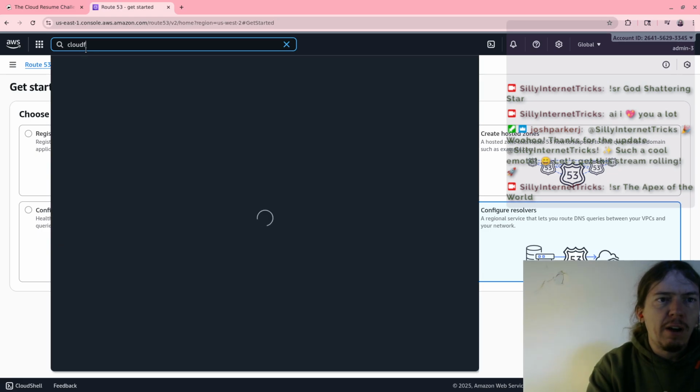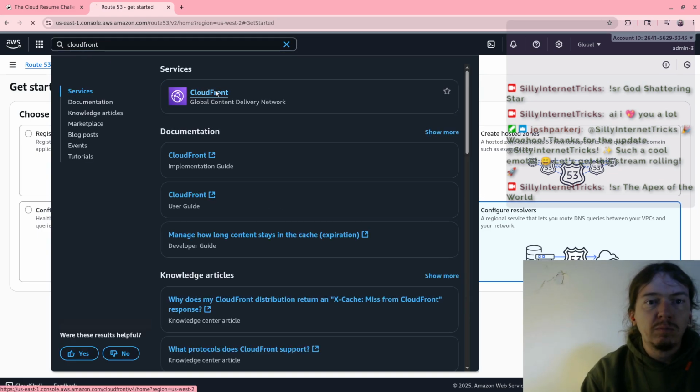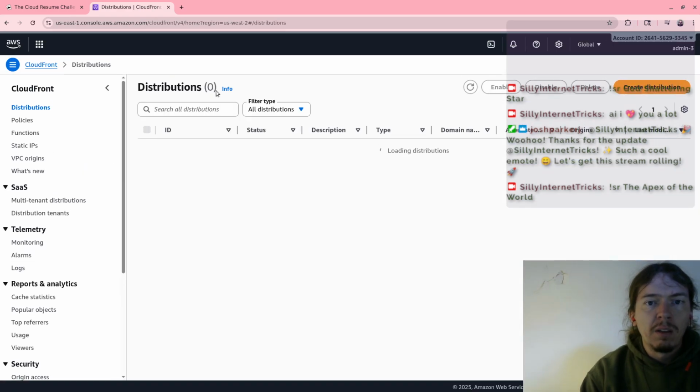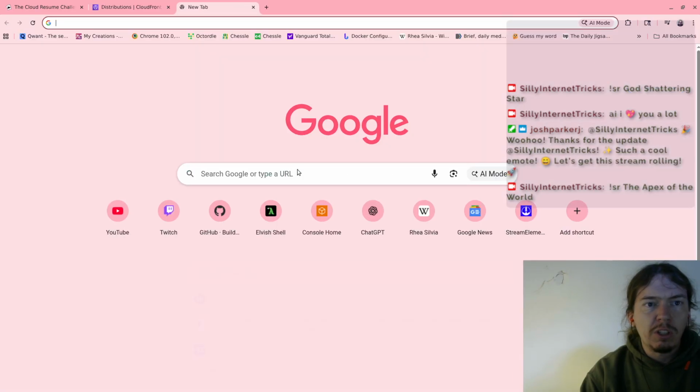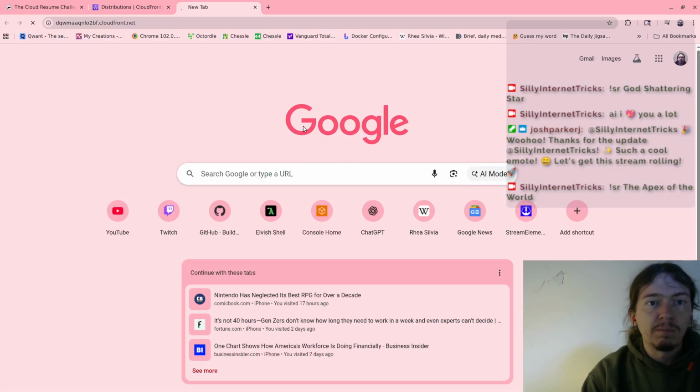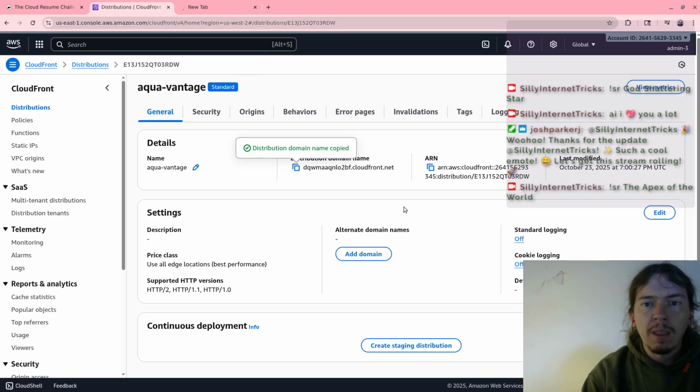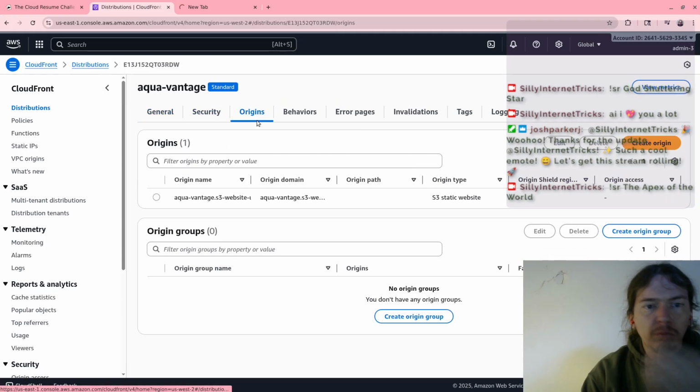So let's go to the CloudFront. Okay, so when we choose this and we choose this here, what does it say? So it doesn't really want to load, right? So we have S3 static website. That sounds correct.